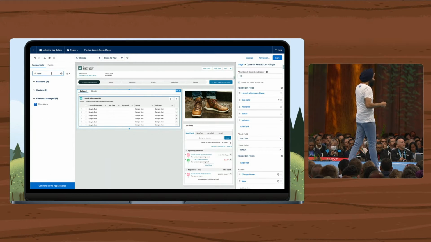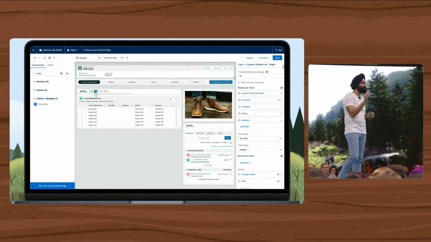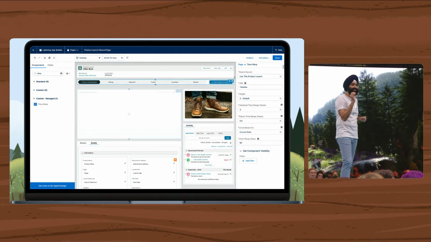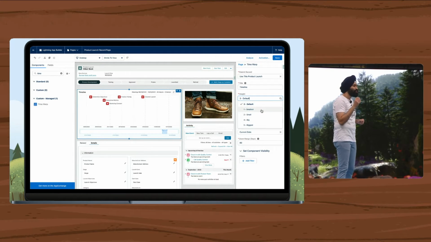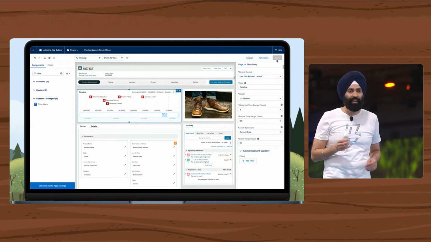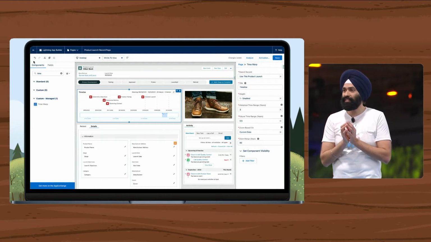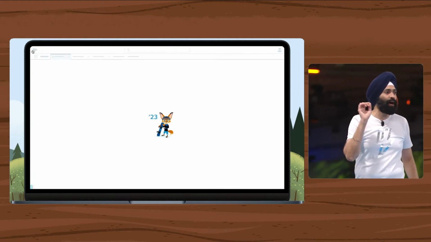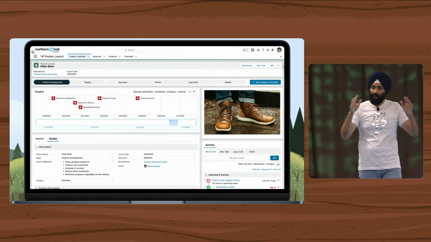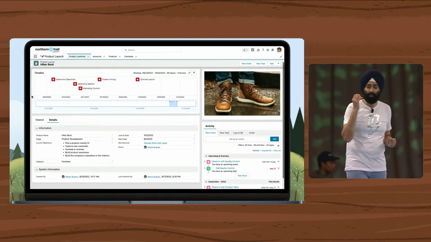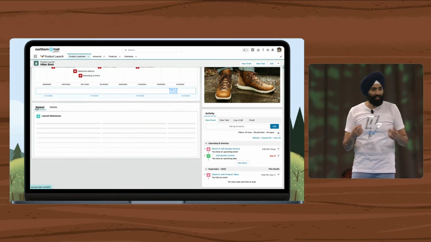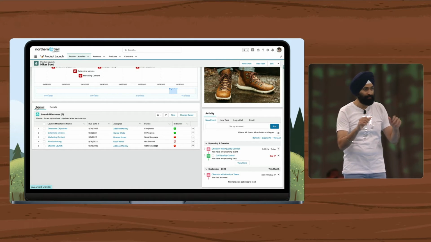For instance, Maria's in the app builder over here, where she's using the Salesforce Labs app called Time Warp, with which she can deliver highly compelling visualizations of the activity timeline. So net-net, Maria now has a launch management app which is visually compelling, it's user-centric, it's relevant, and it's performant.